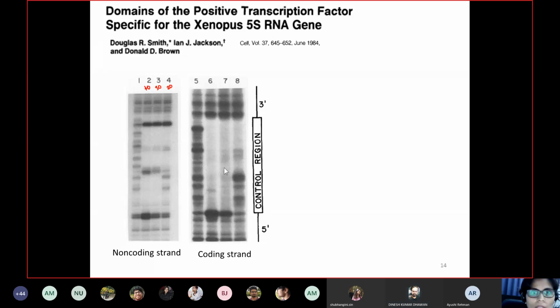Okay, thank you. Now the same exercise they did on the non-coding strand and on the coding strand. On the coding strand, you see these two molecules behave exactly similar, for example 40 and 30 and this is 20. That means the 40 and 30 kilodalton fragments bind exactly like the transcription factor, whereas your 20 kilodalton,